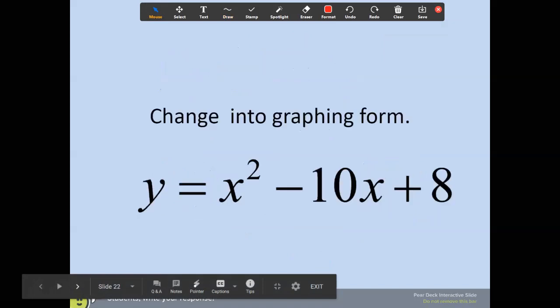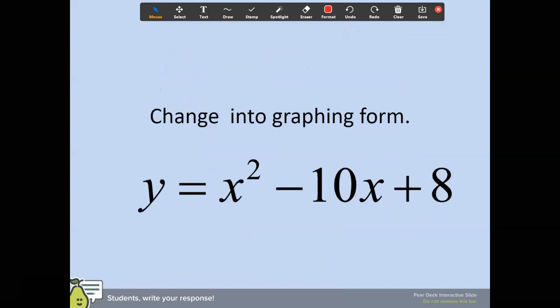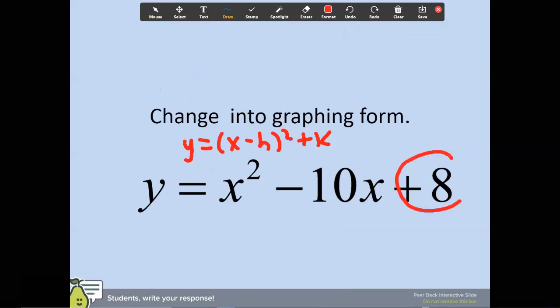Okay, change into graphing form. Just so everyone understands, my a is 1, so I don't have to have an a in front. So it's going to be basically x minus h squared plus k. I'm going to complete the square. So the first thing I'm going to do is take that plus 8 to the other side. So I'm going to have y minus 8 is equal to